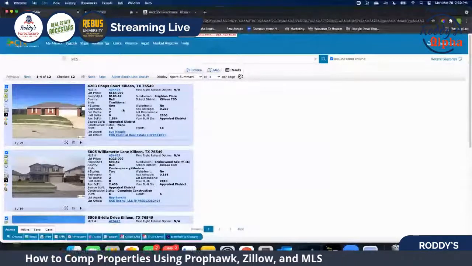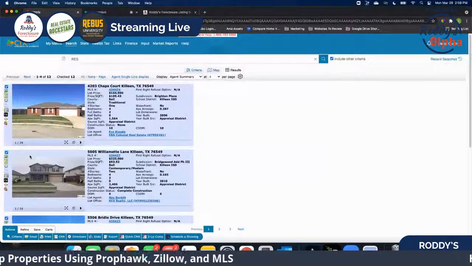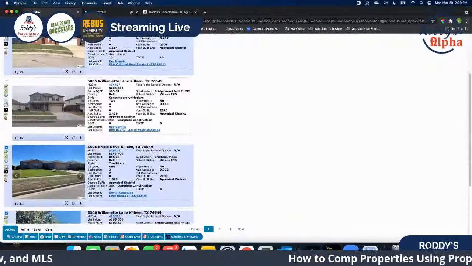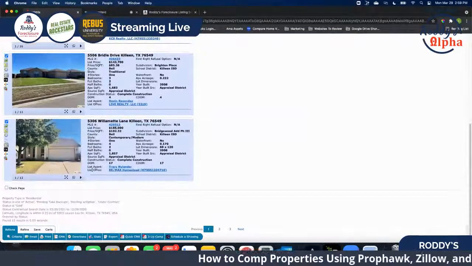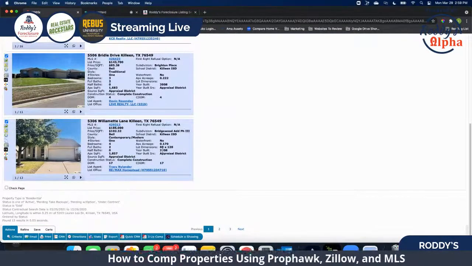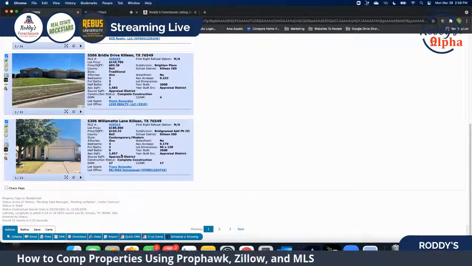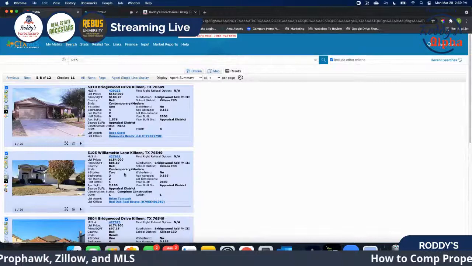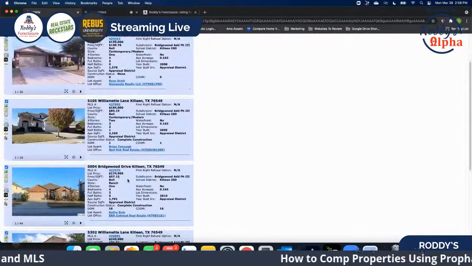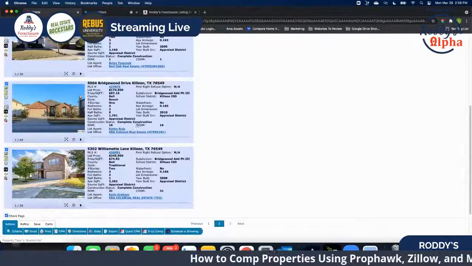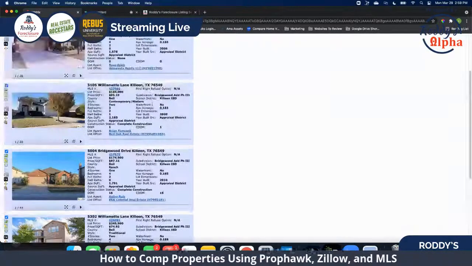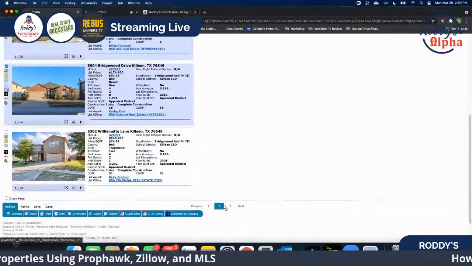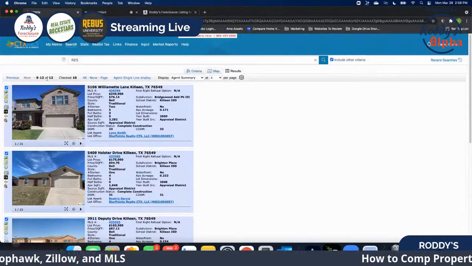So if you have enough comps, you would go through here and you would click off the 2 stories. So you would probably click off this one. This looks like another one, 2008, single story. 2008, it looks like the single story. I think it is too, yeah. Yep. All right, so we're there. Keep going. Again, 2008 single story, 2009 single story, 2010. We're getting a little bit further away from our year of construction, but we'll keep that in there for now. 2-story, 2008. We'll take that out because we have enough comps. Another 2-story,